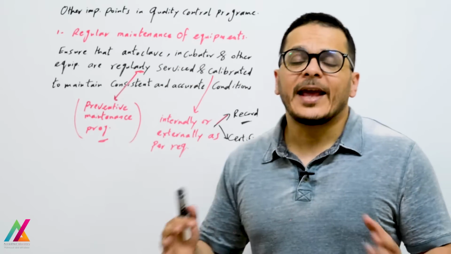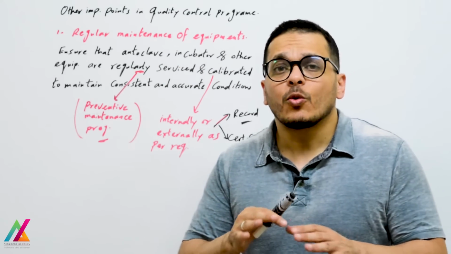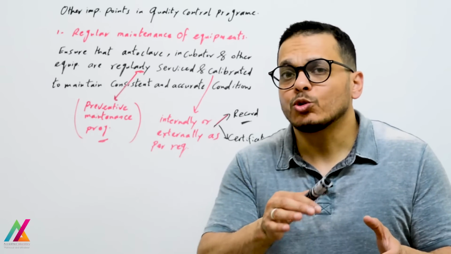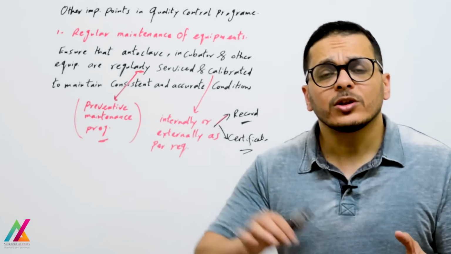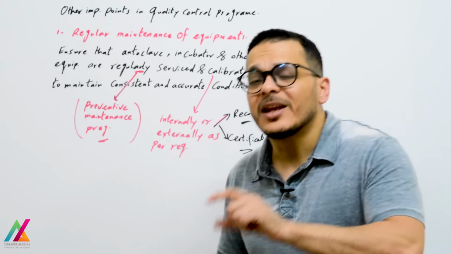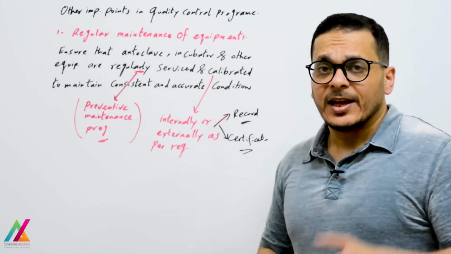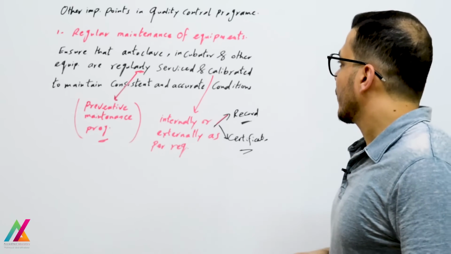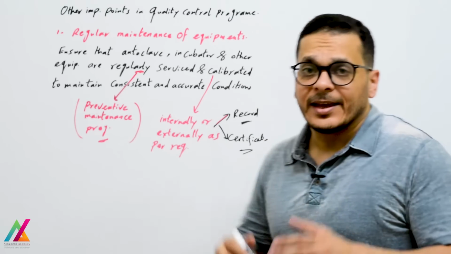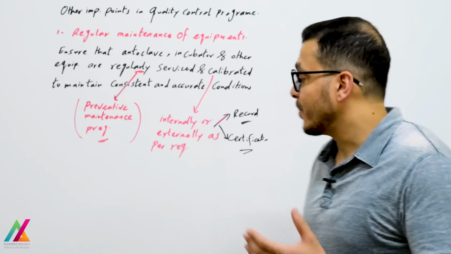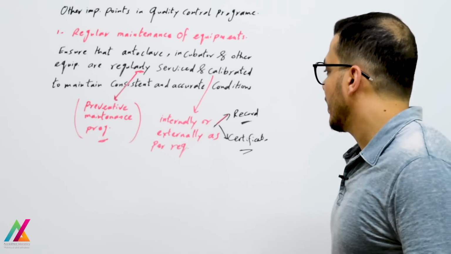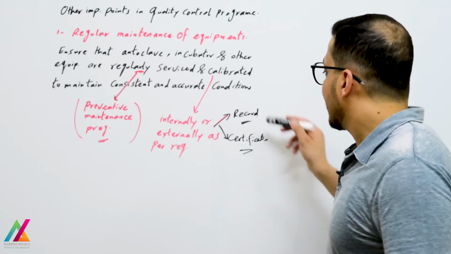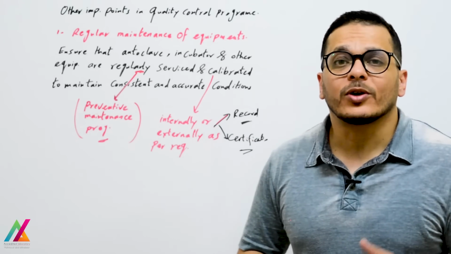Serviced: there should be a preventive maintenance plan to service the equipment every year, for example 2 times per year or 1 time per year according to the manufacturer instruction, and also the manufacturer who will do this maintenance. And there should also be maintenance inside the lab internally by the microbiologists. And calibrated also. Calibration can be internal or external, as we explained in ISO IEC 17025, as per the requirements, and you should record this calibration, and there should be a certificate for external calibration.